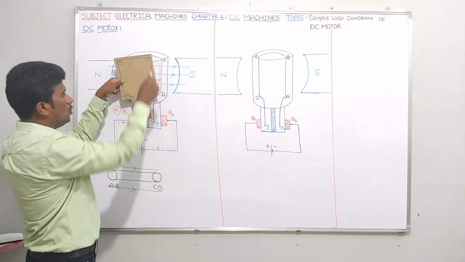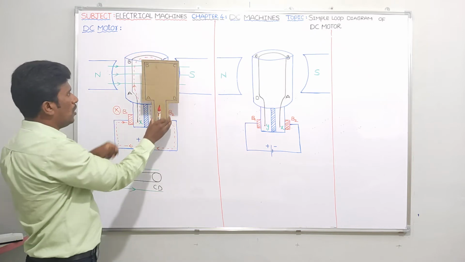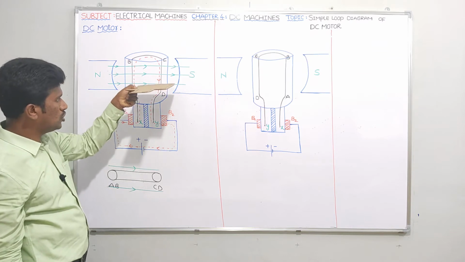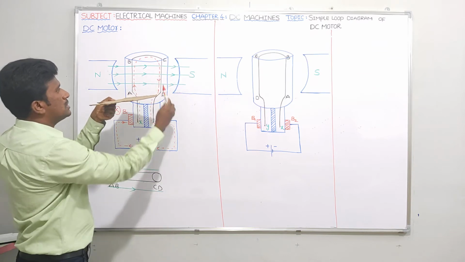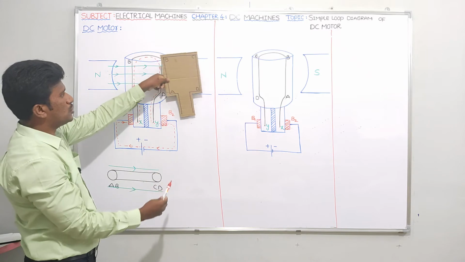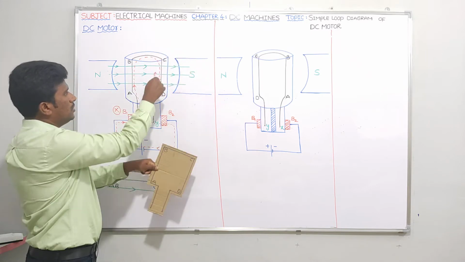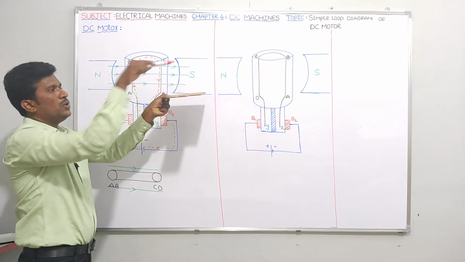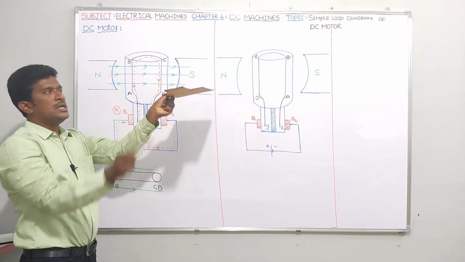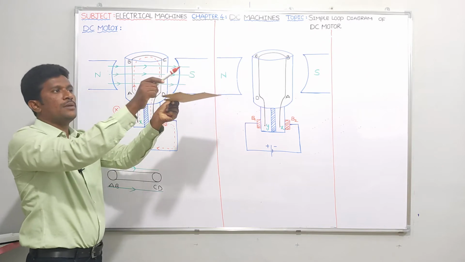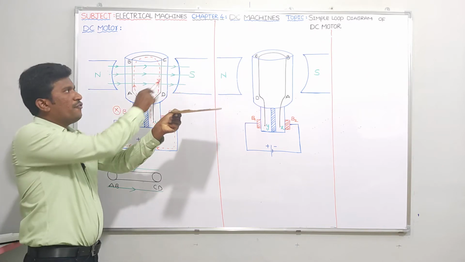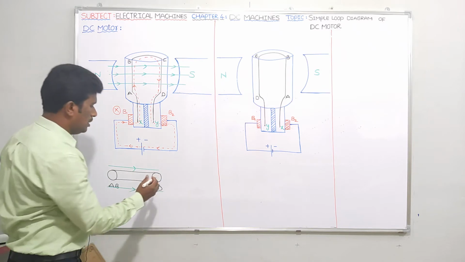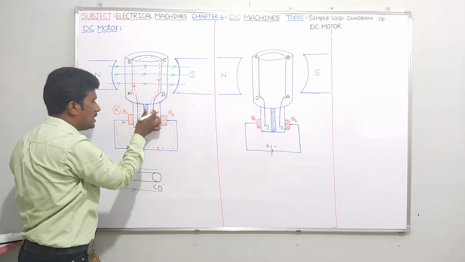Simple. And tell me, what about CD? It is from C to D. But practically I told you, the coil will not be like this. The coil will be like this. Three-dimensionally, I cannot show it, but it should be like this. C to D means if I show it like this, it is from C to D, right? Suppose if I show the coil like this, C to D means it is coming like this. It is coming from the board, towards you. Coming from the board means what? Dot or cross? It should be dot. So tell me, what is the brush corresponding to the CD conductor? B2.